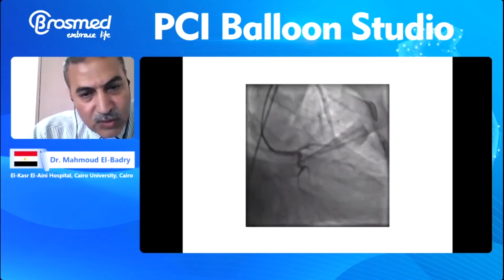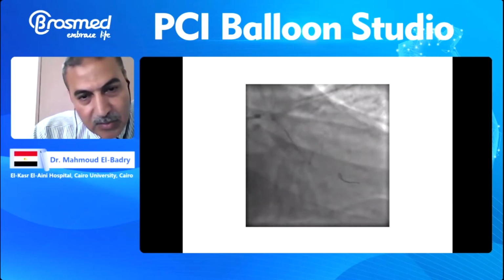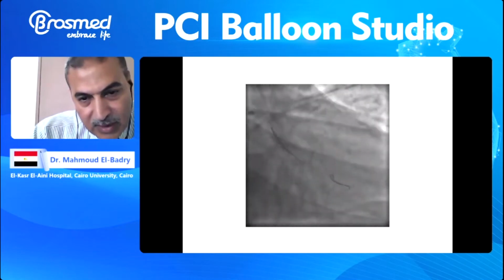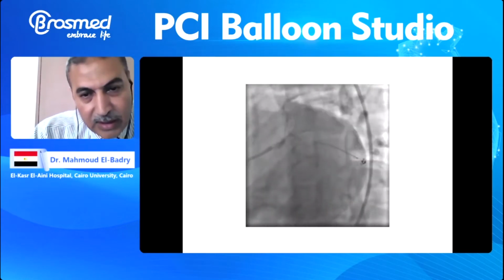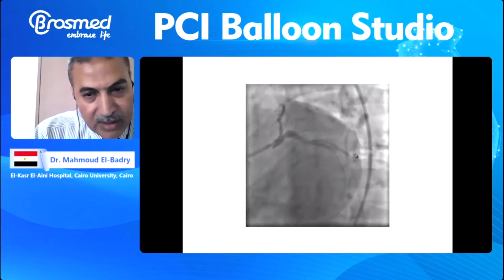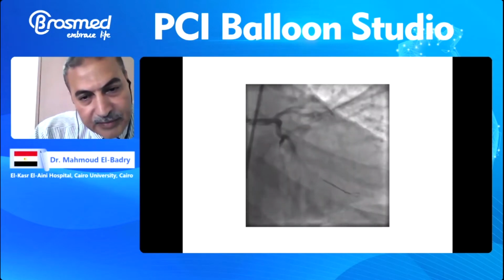It's a tortuous vessel, as you see. Then finally crossed with the stent, and in order to avoid putting it in the circumflex, I put it in the proximal segment in the ostium. So adjusted and